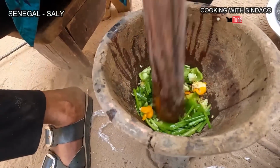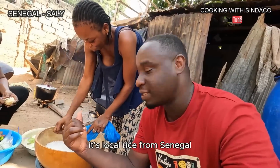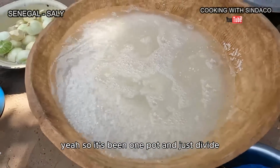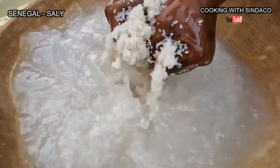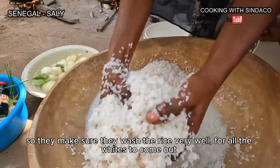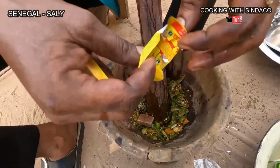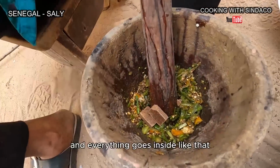Here, they eat a lot of rice, and this rice is a broken rice, a local rice from Senegal. So we're using this for the mafe and the Yassa. Yeah, so it should be in one pot and just buy some. They make sure that they wash it nicely and well. Maggi has been added. And everything is